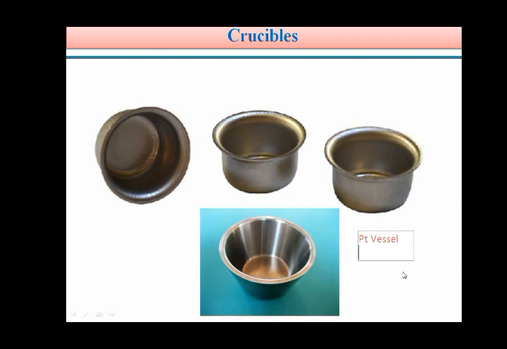Because this platinum metal is chemically inert in nature. So because of this chemical inertness, when we put any chemical substance inside the platinum vessel, it does not react with that chemical during combustion. But if you use other metals instead of platinum, there is a possibility that the chemical, during combustion, may react with that metal. So to avoid that side reaction, we can use a platinum vessel. So students, a platinum crucible is nothing but a platinum crucible.